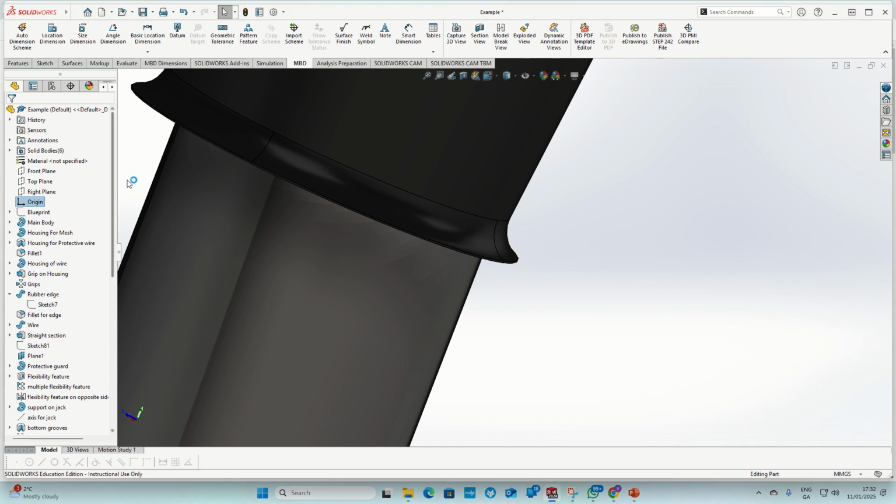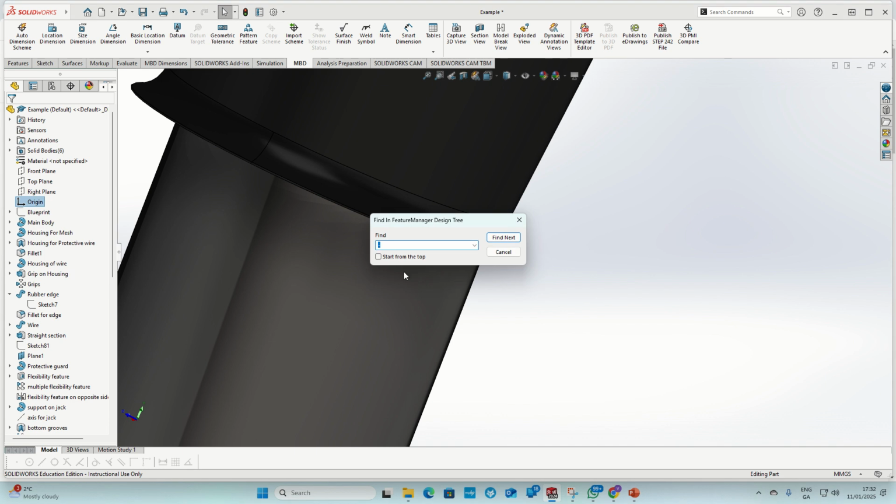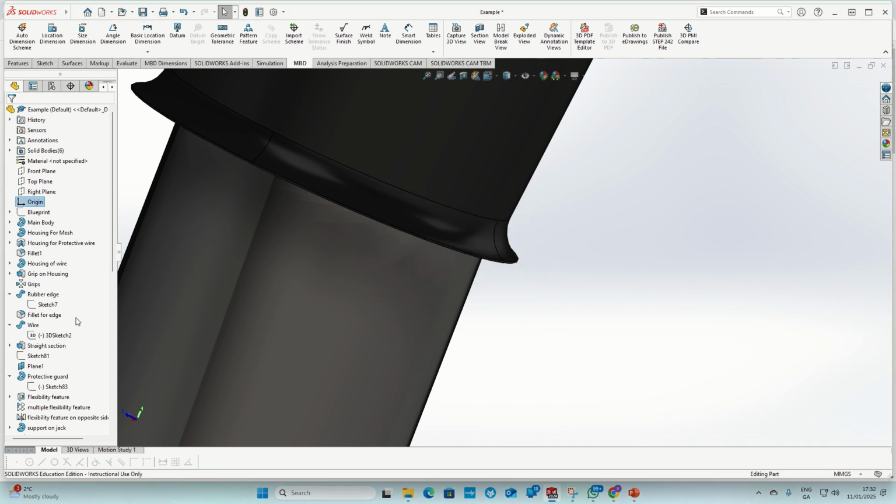say I go to the origin, right click, go down to Go To, Find in FeatureManager design tree, just type in a minus, find next. Look, there's my first instance where it is. Find next, find next, that's it. So I can X out of there, and the two minus ones have come up,